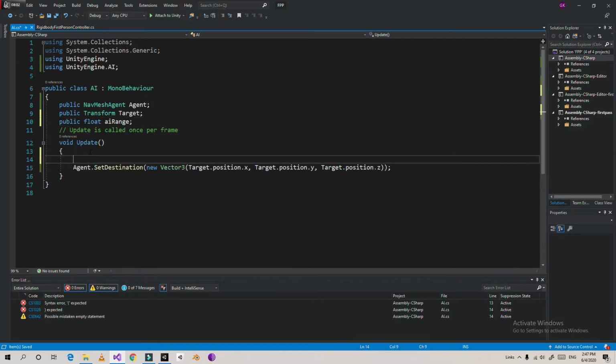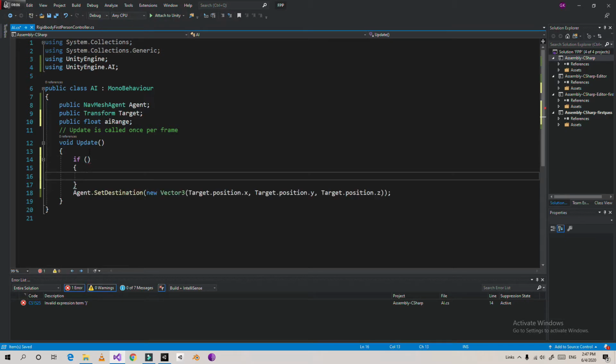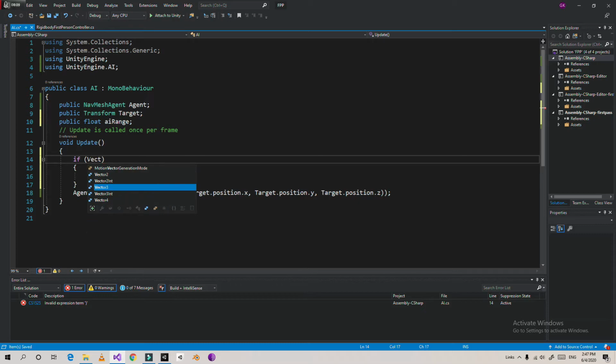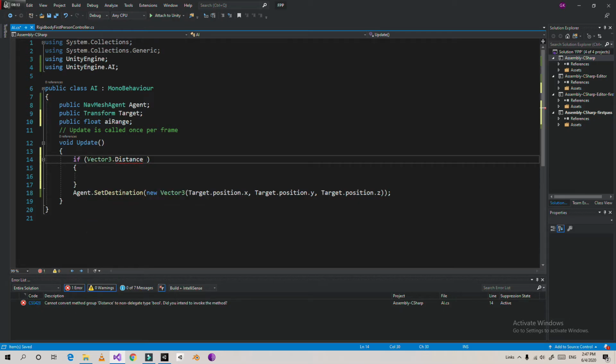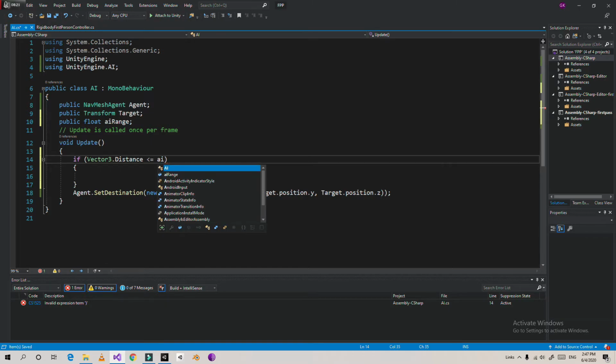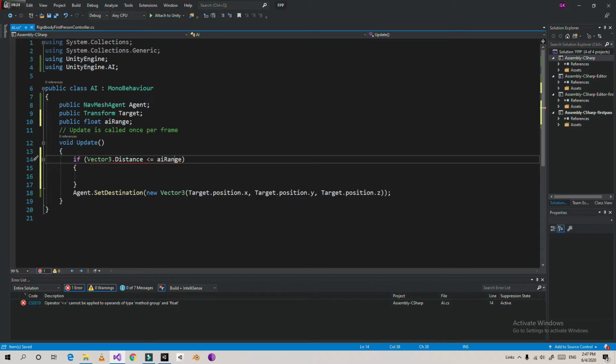If, and we type Vector3.Distance is less than or equal to our AIRange, and also we need to implement